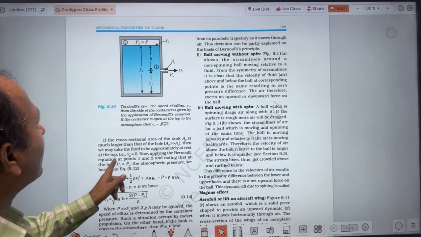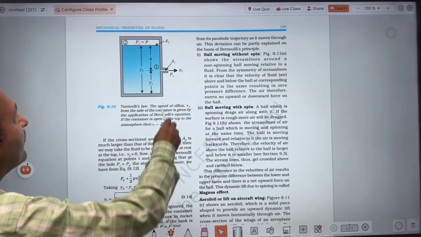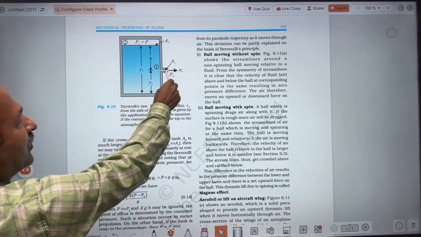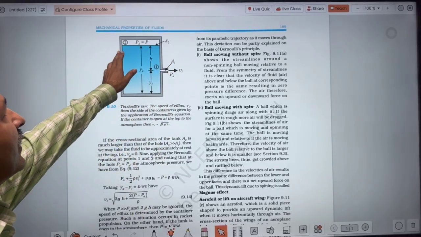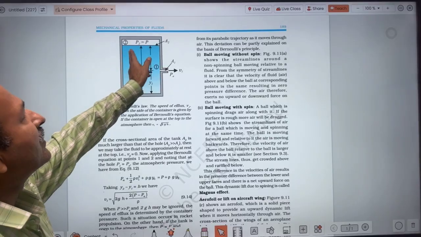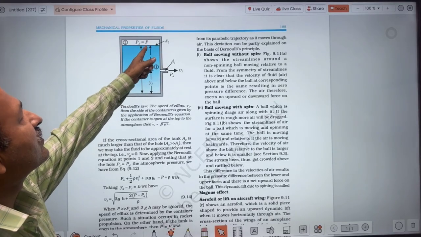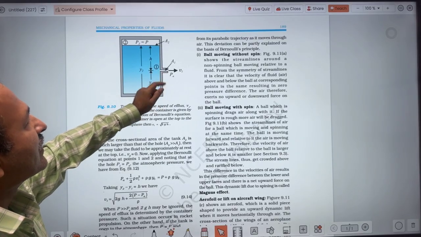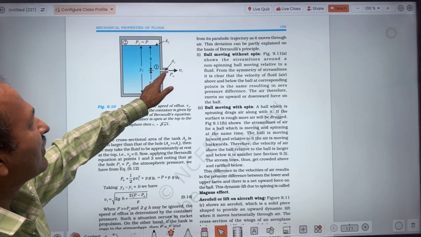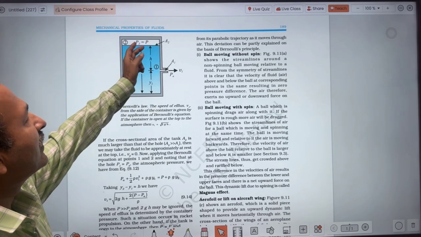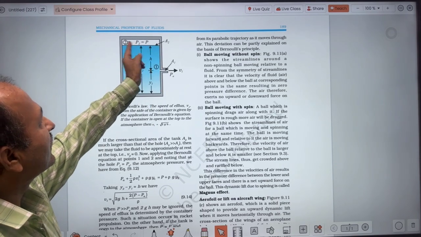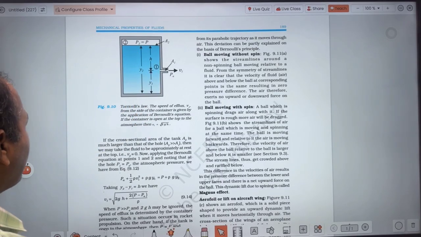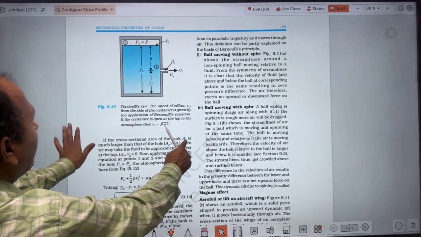The same thing we are going to prove, and here this area is very large as compared to this one. So here one thing will happen. If you apply the equation of continuity, A2 times v2 must be equal to A1 times v1. Since A1 is very small and A2 is very large, you will see that velocity v2 will be negligibly small. So that concept we will make use of. So let's